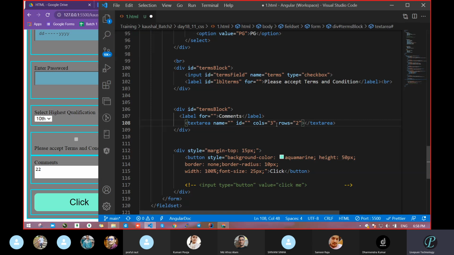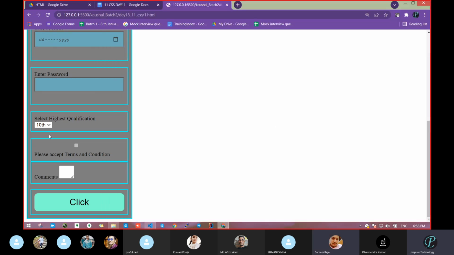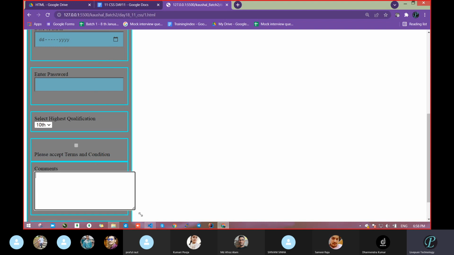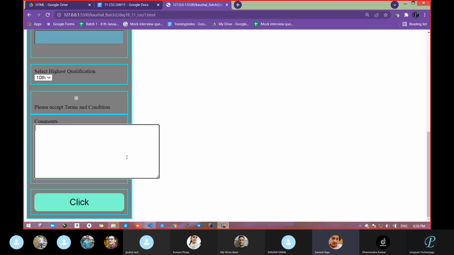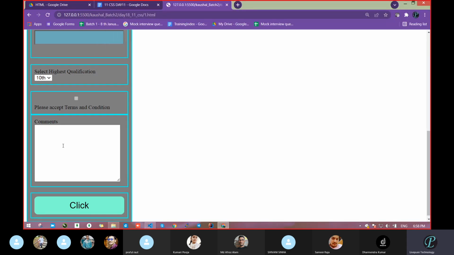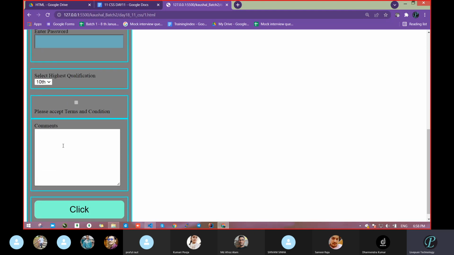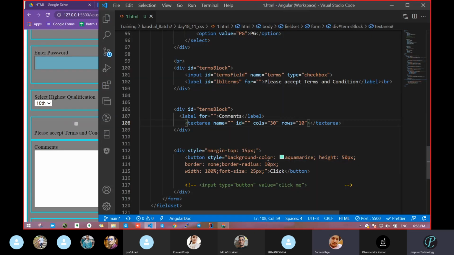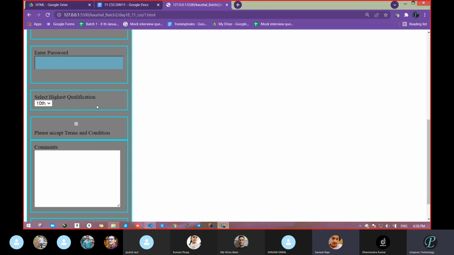As a bit, you can imagine. Give 3. See, this came with this much space. If you want to see here, the pointer is there. You can increase it this way. But by default, if you want the user to enter somewhat big text, you can go this way. So with the help of text area, we can accept a comment or any more suggestion or anything from the user. Clear? Anyone having any doubt?